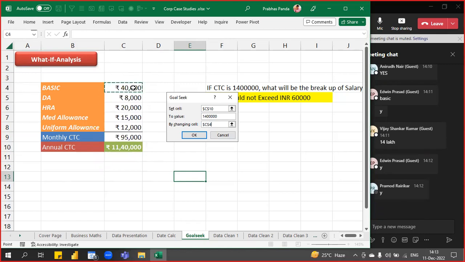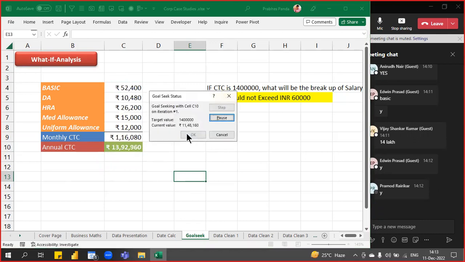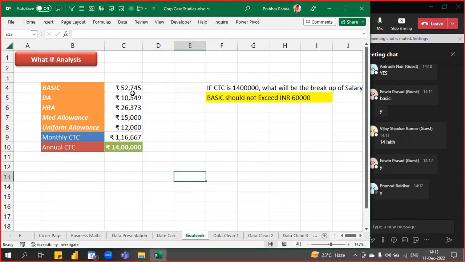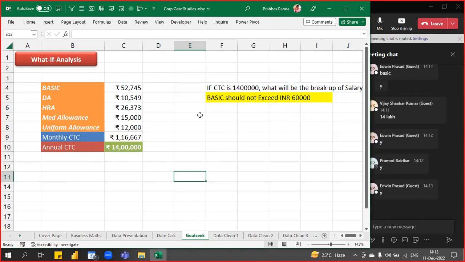And now see the beauty. The moment I click OK, in the blink of an eye, Excel will do its own iteration and calculations and throw the result of 14 lakhs. If the basic is 52,745, the total CTC can be achieved. Now, is it within the limit of the management? 60,000? Yes. So I can very well welcome that person without delay. I should accept his offer